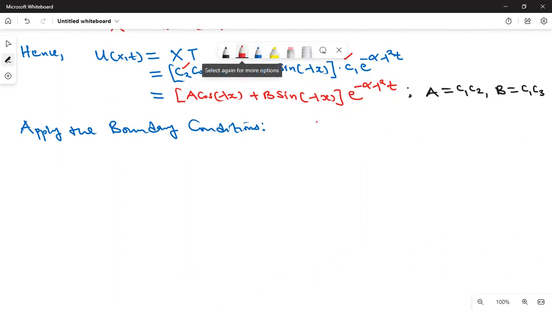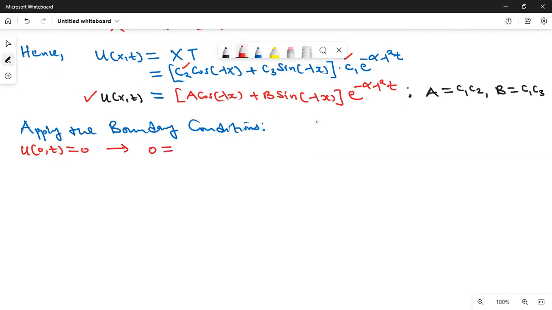The first one, we are told u of 0,t is equal to 0. So this means I need to put x equals 0 in this equation. Remember here we had u of x,t being equal to that. So put x equals 0 in this equation so that you get the result equal to 0. So 0 is equal to,